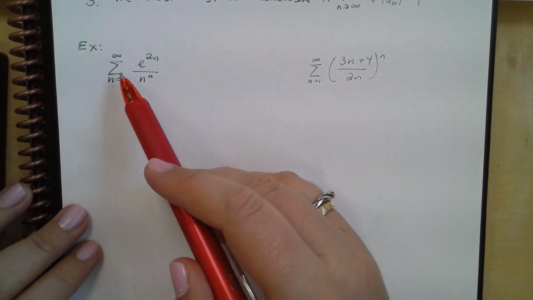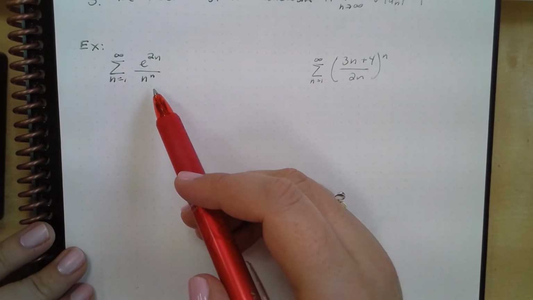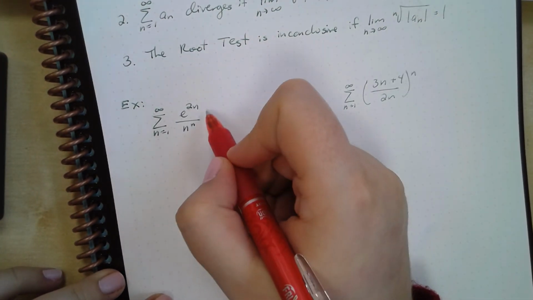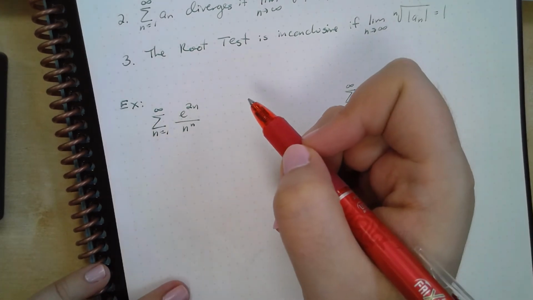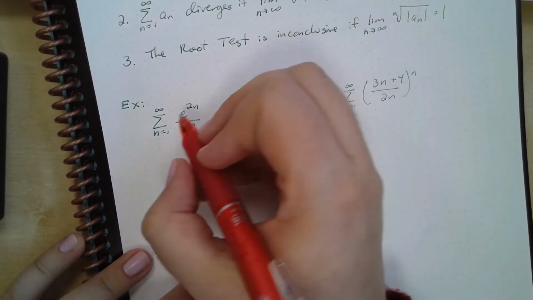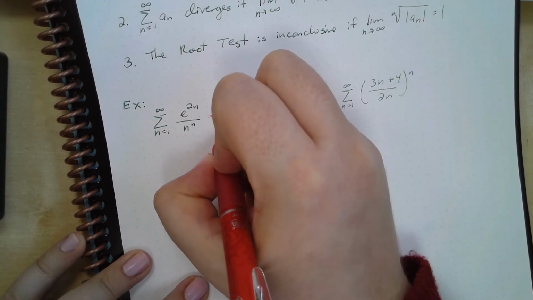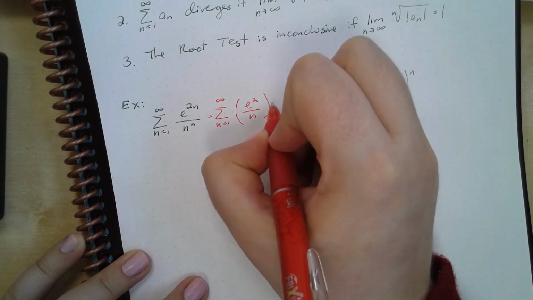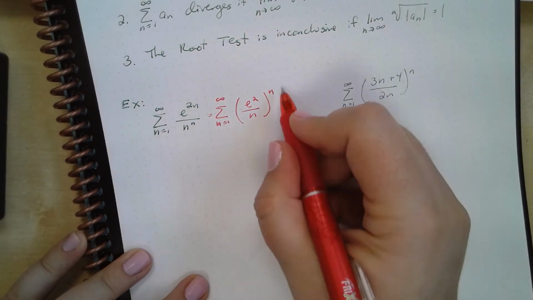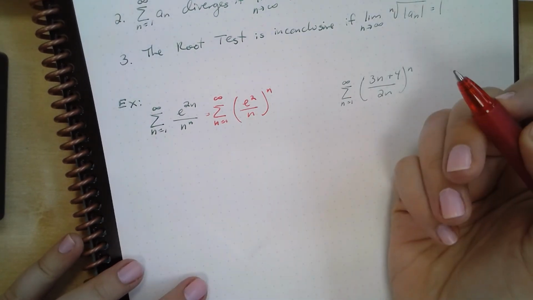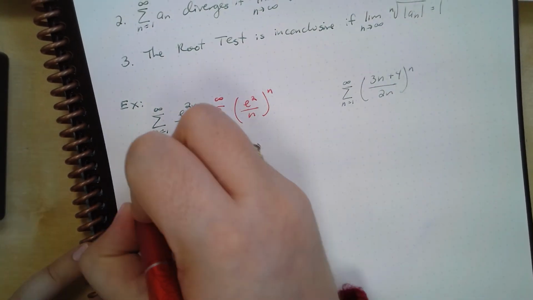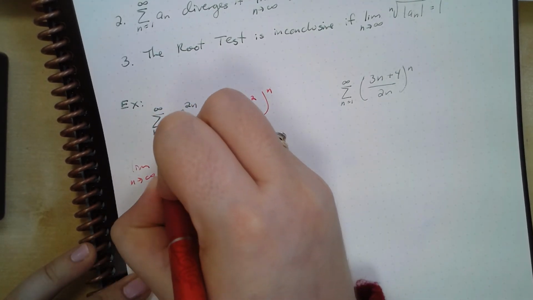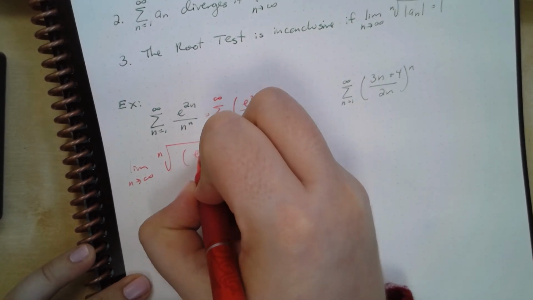The sum from 1 to infinity of e to the 2n over n to the n. Well, if this whole thing can be written as a power of n, the root test is really good to use. So I think we can rewrite this as the sum from n equals 1 to infinity of e squared over n all to the n power. So because I've been able to rewrite that whole thing as a power of n, I can use the root test. So I'm going to take the limit as n approaches infinity of the nth root of e squared over n to the nth power,